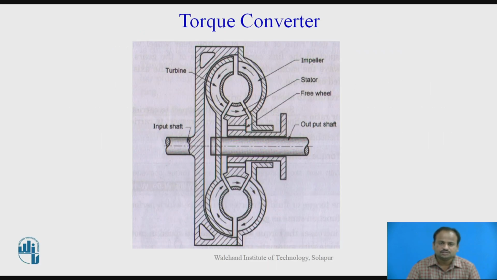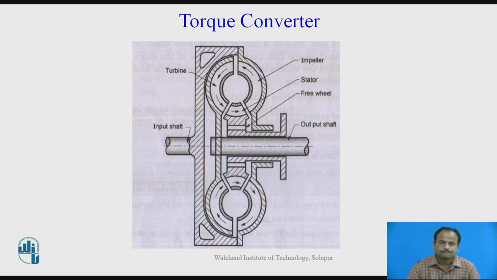This is what the torque converter is. In this particular torque converter, there are three members. One is turbine, second one is impeller, and third one is stator. So whatever the impeller is there, that impeller is acting like a flywheel in this case, and whatever the turbine is there, that is acting like a clutch plate, and impeller is also acting like a clutch plate. So this is the replacement of the clutch.